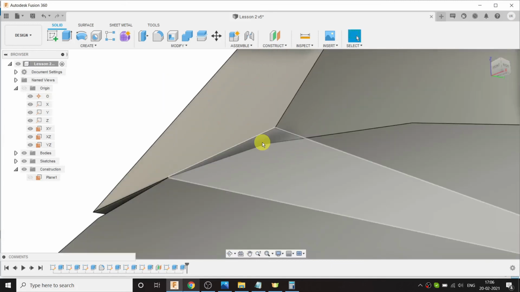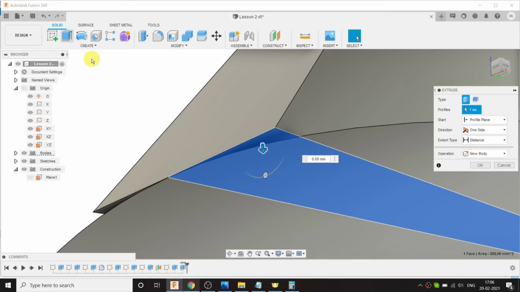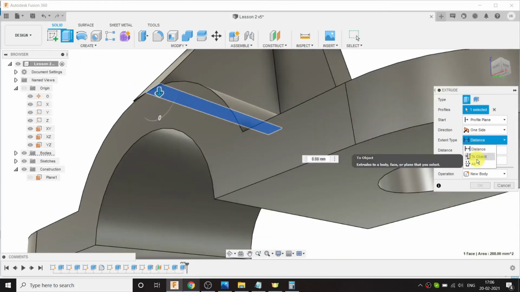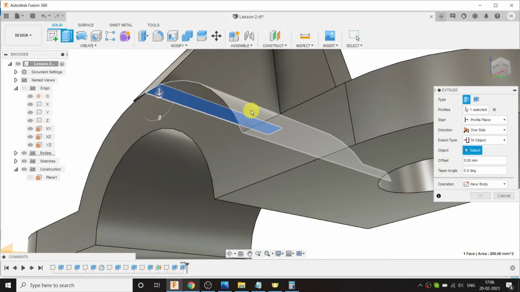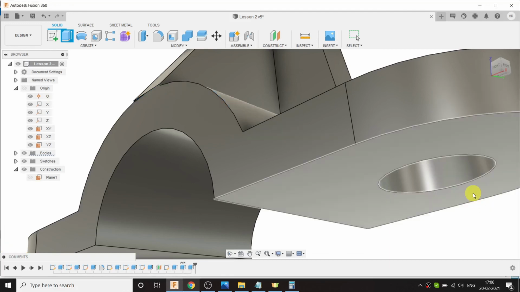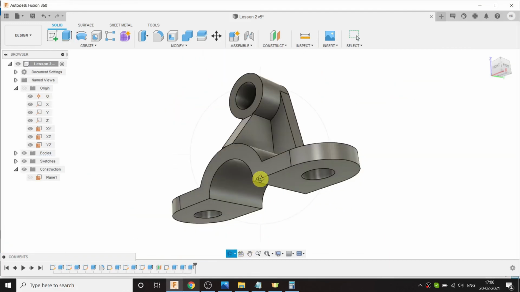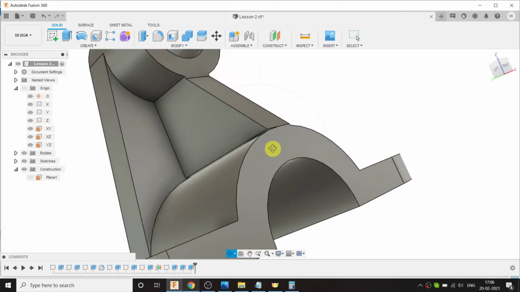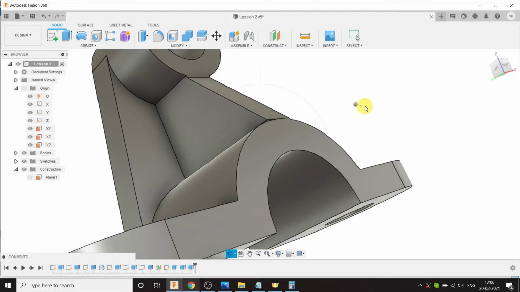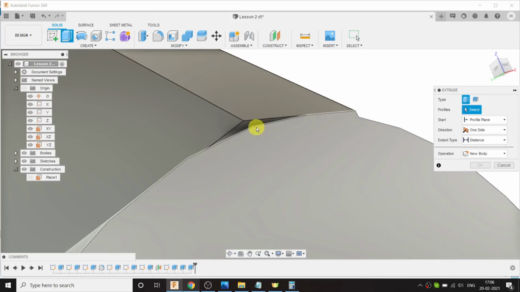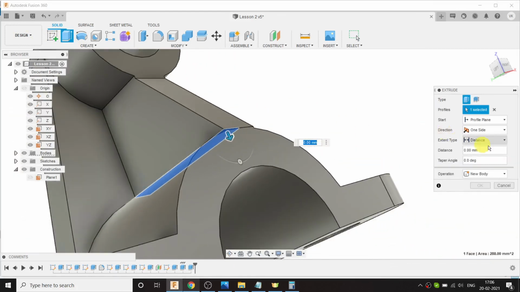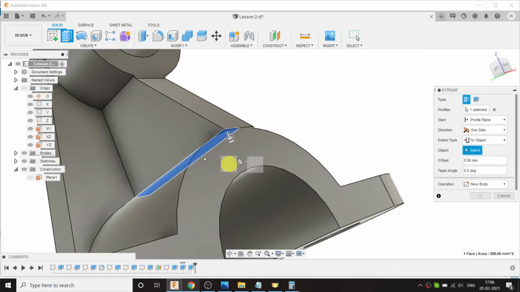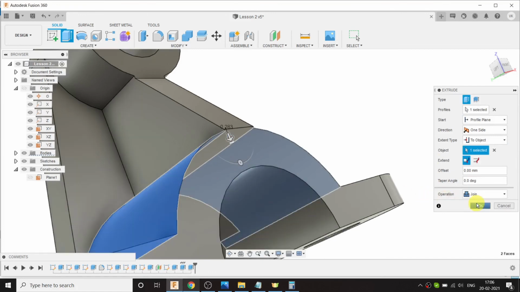Select this surface, go to extrude command and choose extend type as to object. Select the surface, click OK. Here also go to extrude command, select the surface and choose extend type as to object and select the surface, click OK.